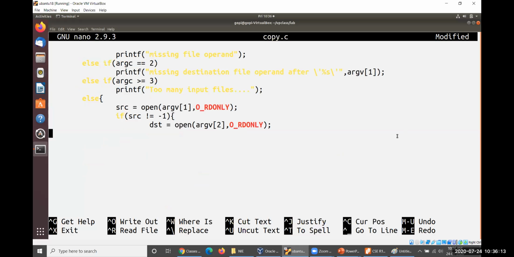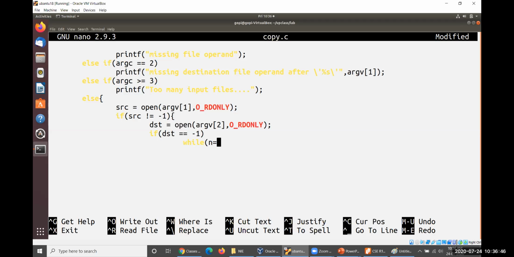Okay, so if it is okay, if dst, destination, is not equal to -1, in the sense it does exist. Otherwise, we will check with equal to -1. So we would like to consider that the file does not exist. File does not exist in the sense you just operate a simple command. That command will be while.